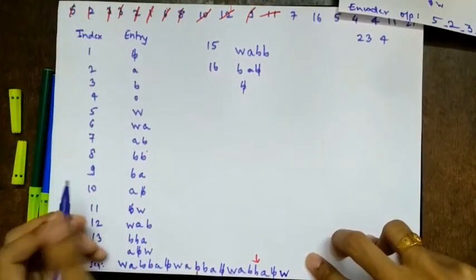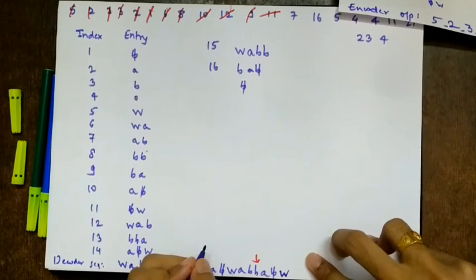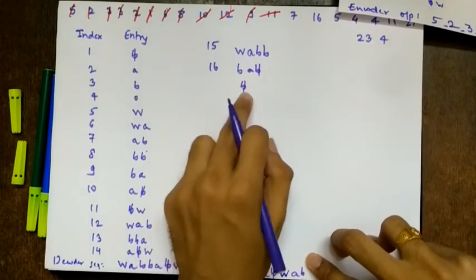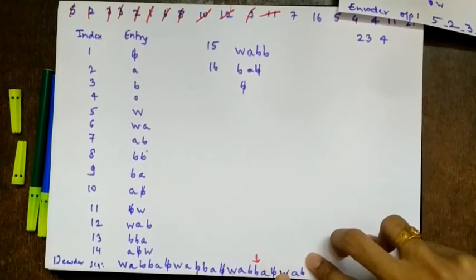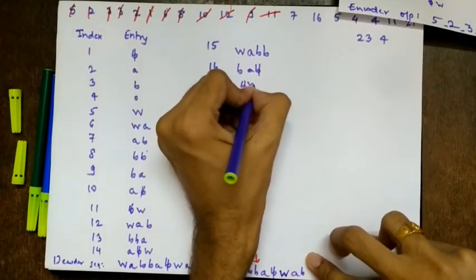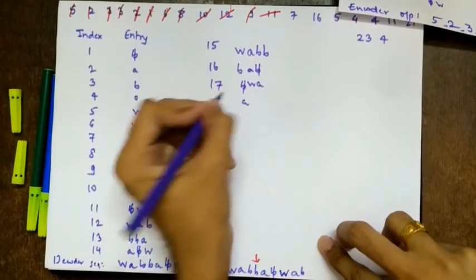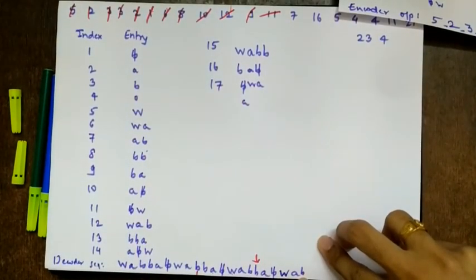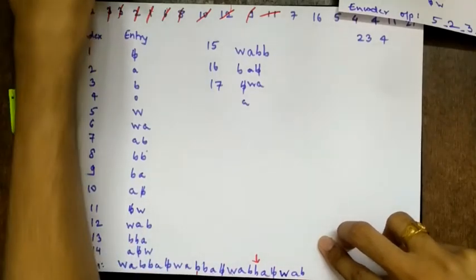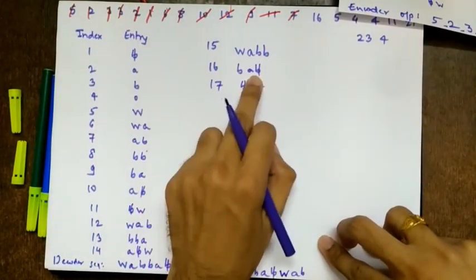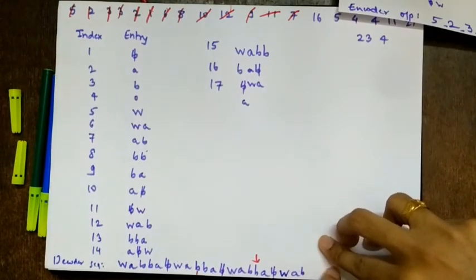So next is 7. 7 is AB, right? Yes. So we'll write AB again. So AB. So next is B bar. This B bar W is there. Yes, B bar WA. It is not there. So it will be the 17th entry. So B bar WA. So next should be A. So AB. So AB is there. So we are done with 7. So we'll take again 16. So for 16 what we'll write? BA B bar. Right? So this way you have to continue.